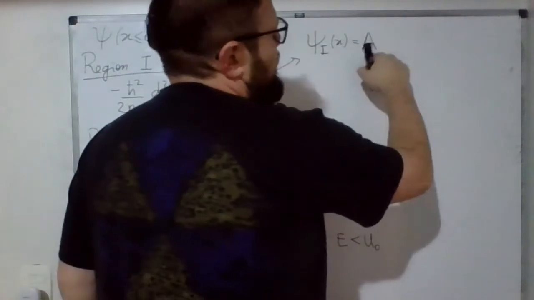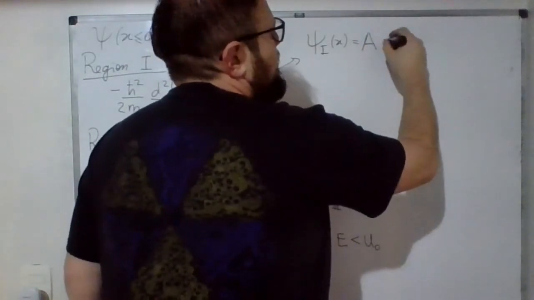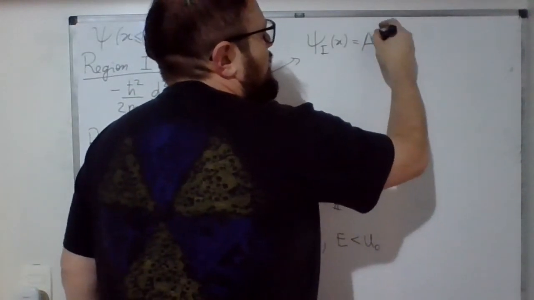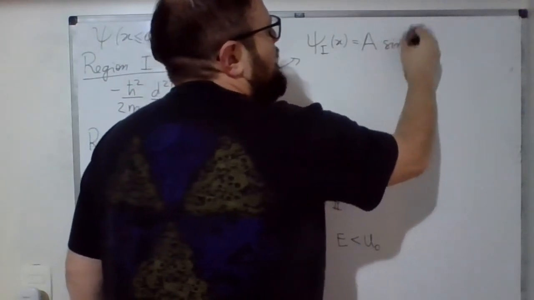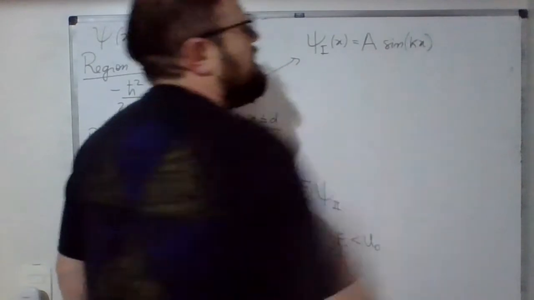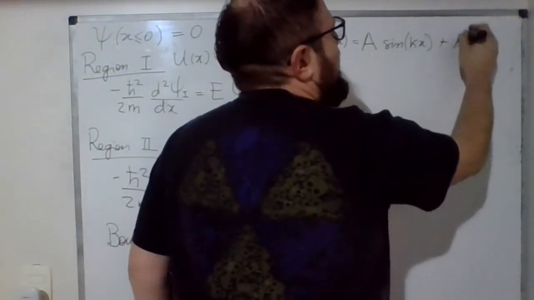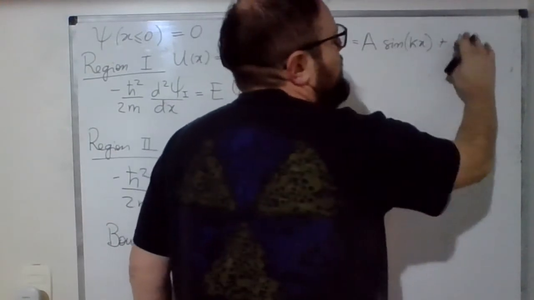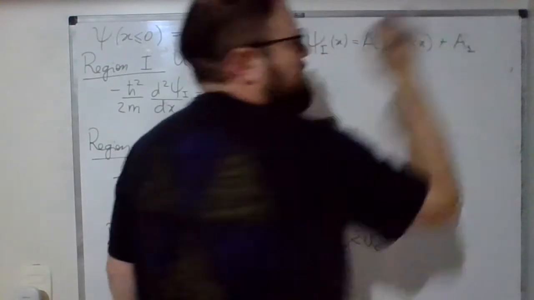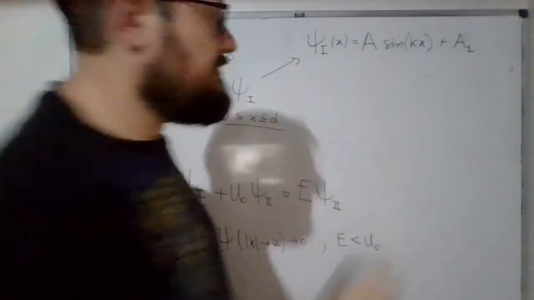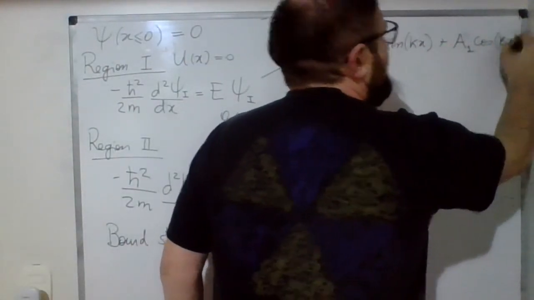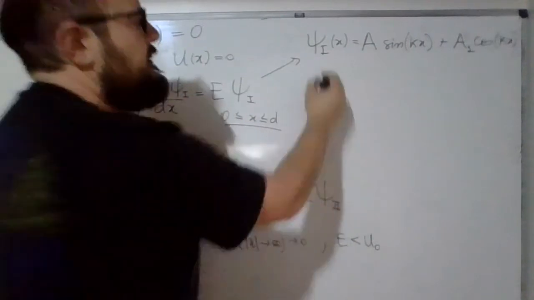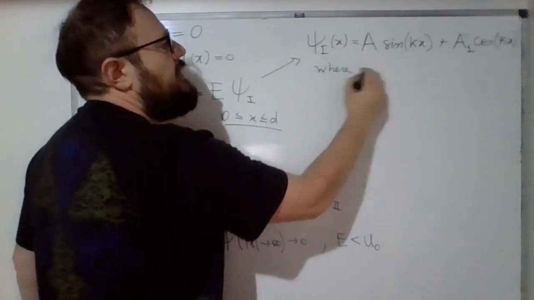So some constant, I'll call it A, times sine of kx, plus some other constant, A1, times the cosine function of kx,